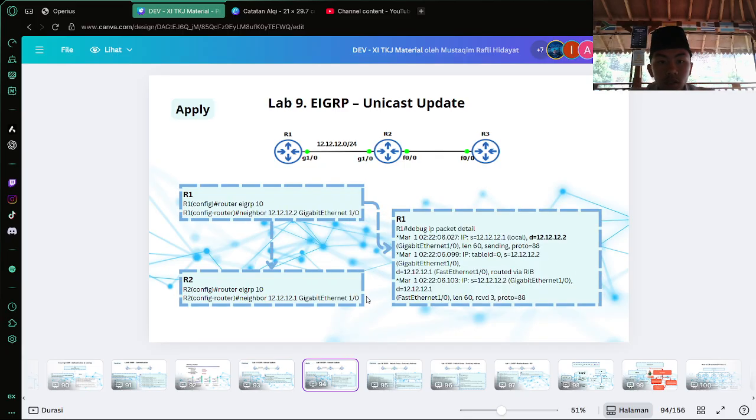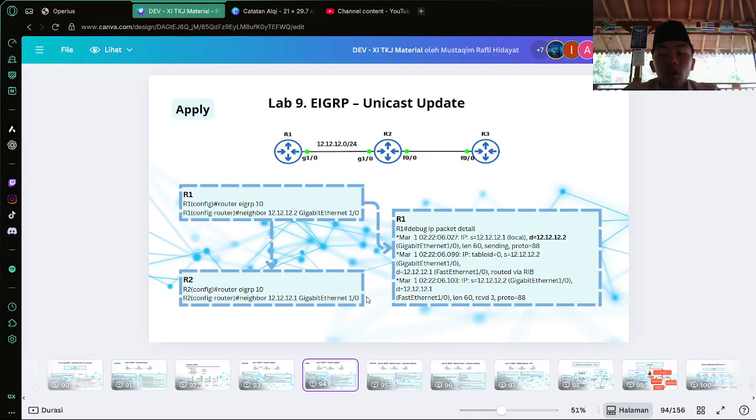And the next is AGRV unicast update part 2. The slide shows how to explicitly configure AGRV to send unicast updates instead of multicast. The goal is to change the network discovery process from multicast to unicast. This is typically done to conserve bandwidth or in network environments where multicast is not supported, and the configuration is the neighbor command used on both router 1 and router 2.